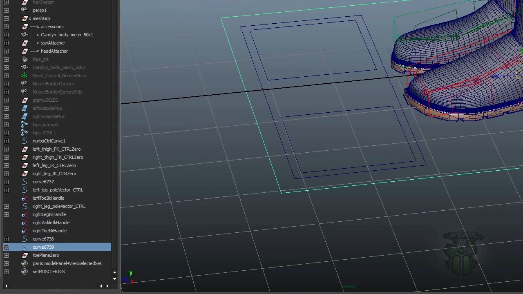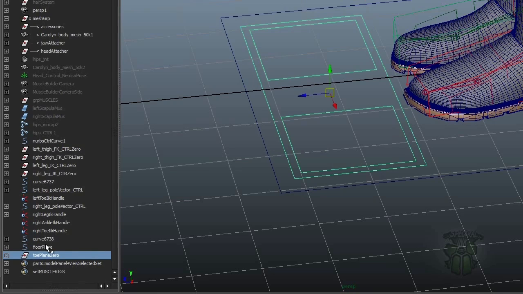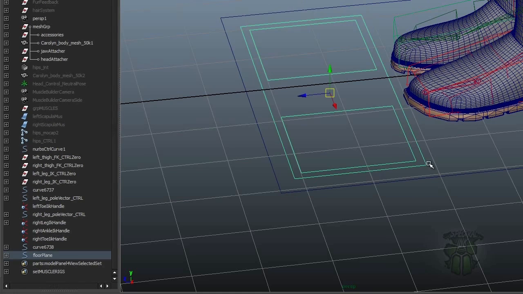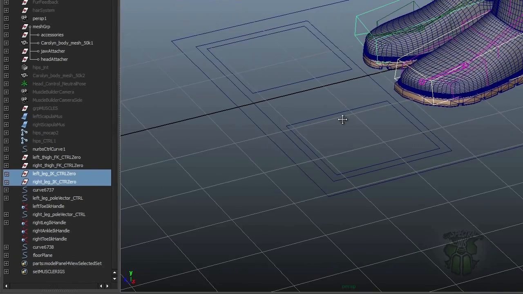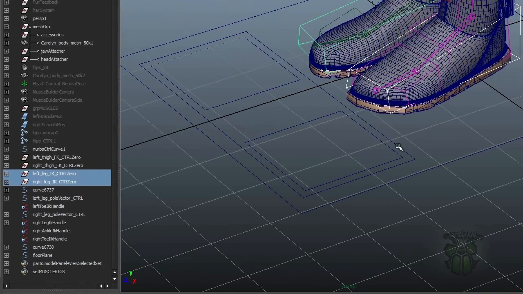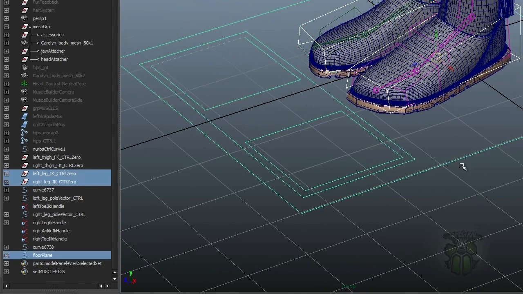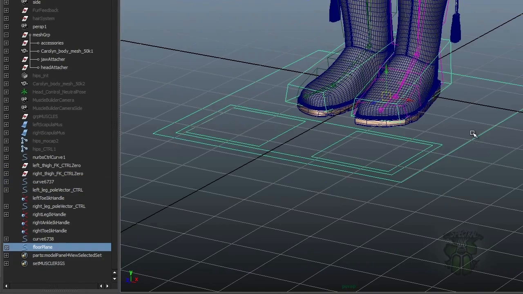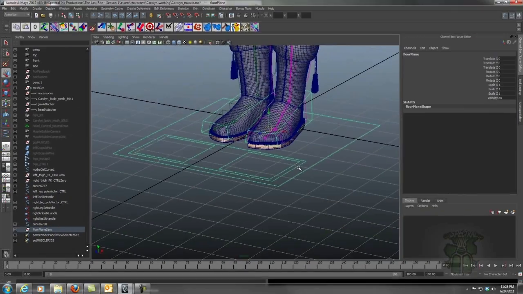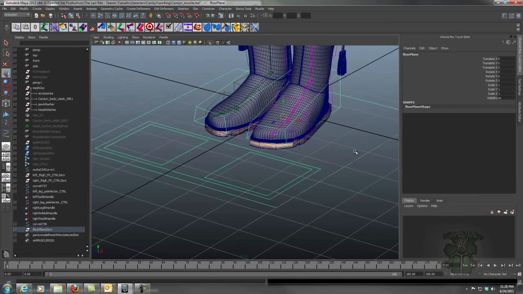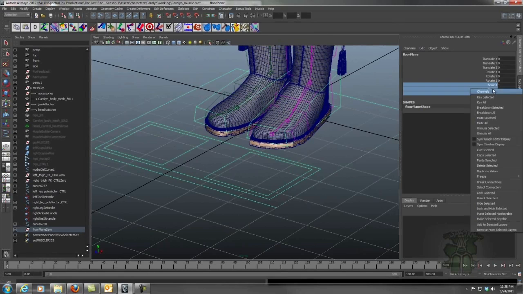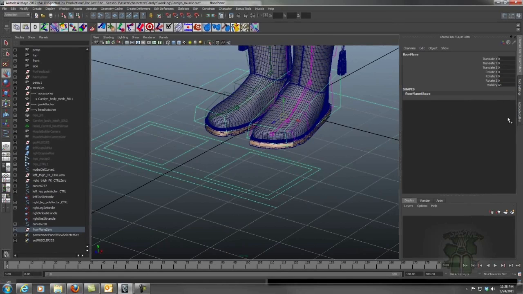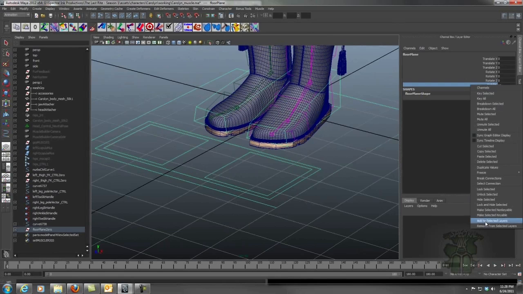And then this will be our floor plane. And then our toe plane goes under the floor plane. And then so does our IK controls. Oh, and we need to zero node that. There we go. And I'm going to go ahead and lock and hide the scale. I'm going to keep the rotation on,